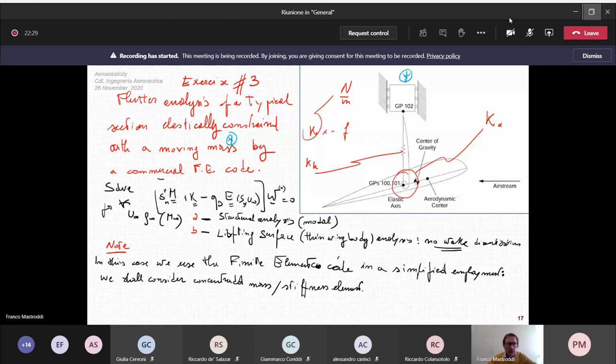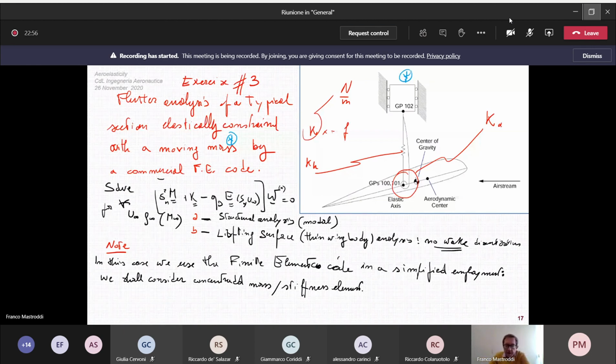In particular, we will use a commercial code which will perform a structural, namely a dynamic analysis, so evaluating the mode and the frequency of the system. Next, in this code we will perform an aerodynamic matrix, but including a lifting surface model, so no wake